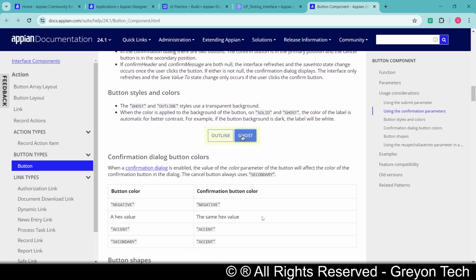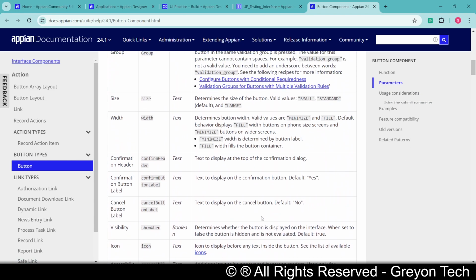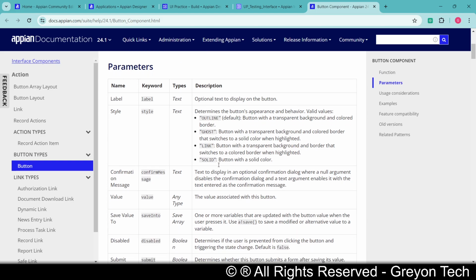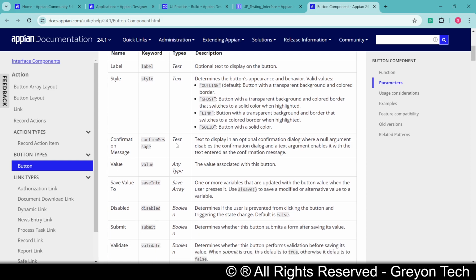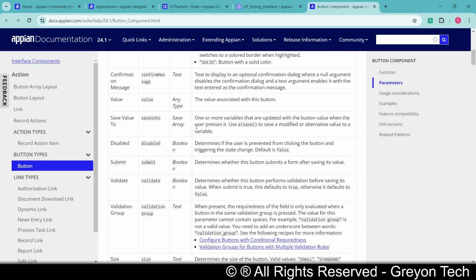As you can see, there are various elaborations on the different properties of the button widget here. So let's start from the top. We have label, which is nothing but a text. We have the style of this button, so there are different types of styles that we can choose. Appearance of the button, behavior. Confirmation message: on the click of the button, do you have any confirmation message to put up? Value: is there any value on the click of the button, do you have to update a value to it or not? Save value to: when you save the value to a variable, you can bind it on this button